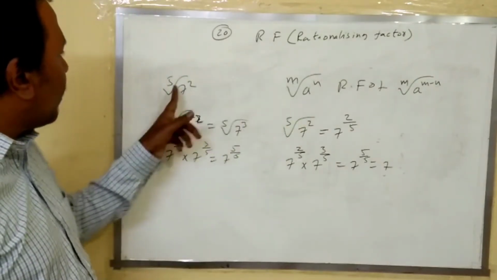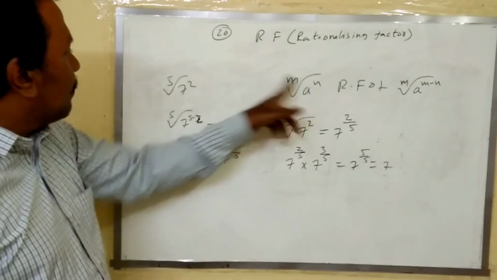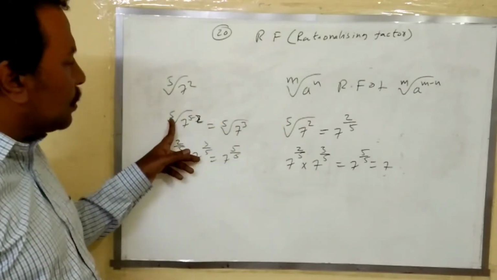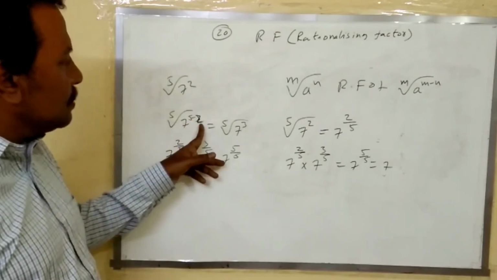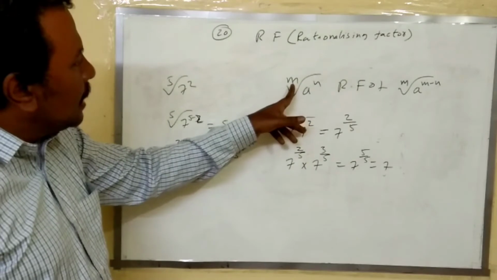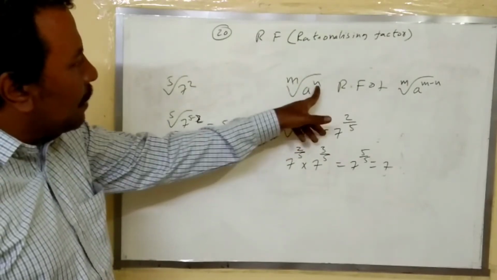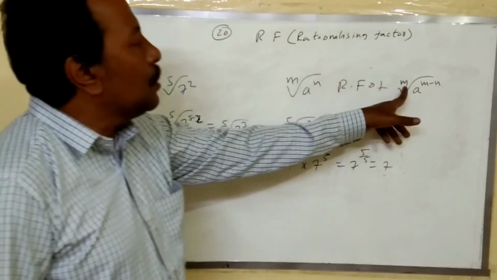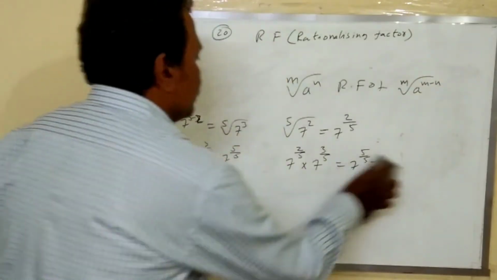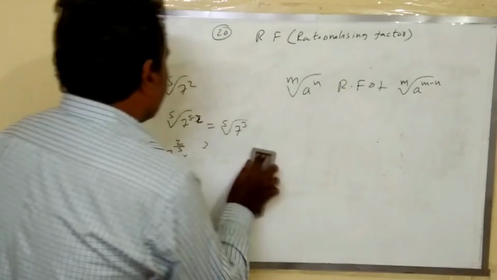Similarly, in place of 5, m is there. In place of n, 2 is there. So this can be written as 5th root of 7 power 5 minus 2, which is equal to 5th root of 7 cube. Similarly, here the RF of mth root of A power n is mth root of A power m minus n. Okay. So here,